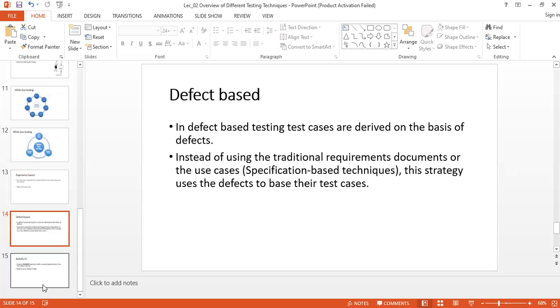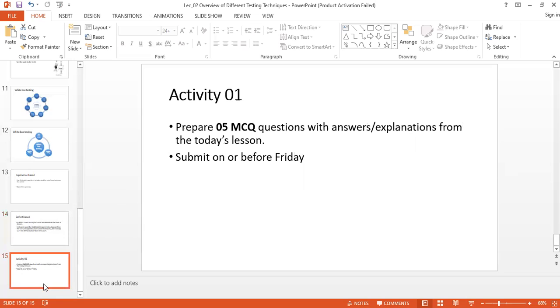And you have a very simple activity to do. I have already uploaded the slides to the Moodle, so you can go through today's sessions, and you can prepare 5 MCQs with your answers, and I also need explanations.